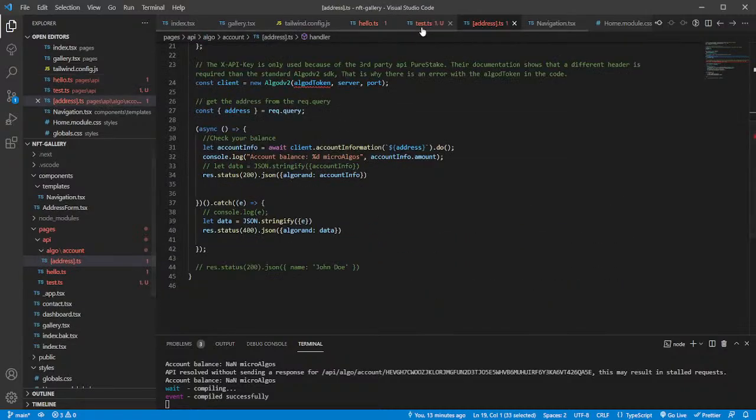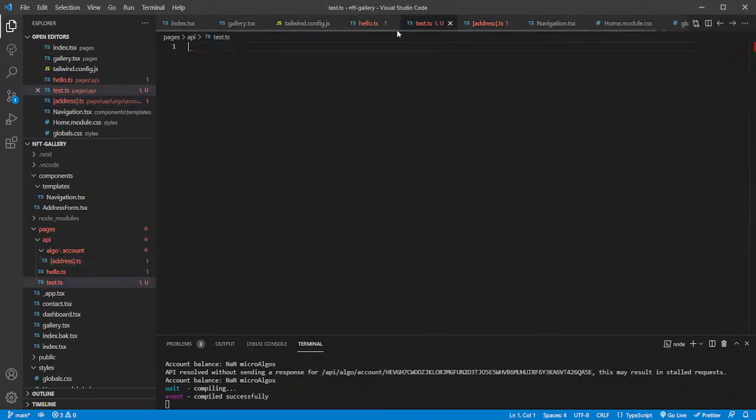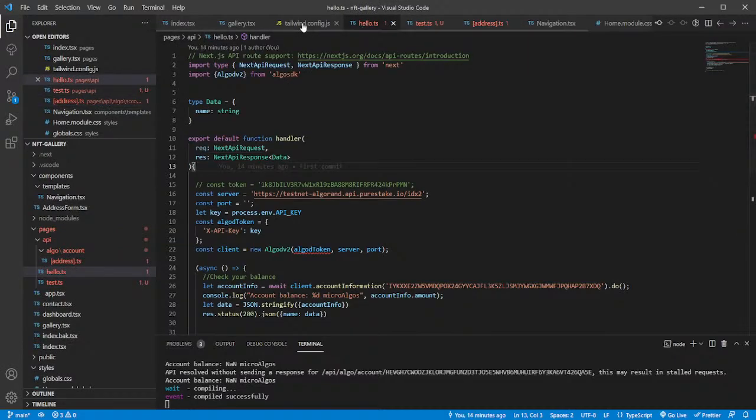I always have to make sure I can see what I'm doing here, because I also don't know Next very well. I know that this is bringing in the request and the response. This is part of the routing system right here. It even says Next route support. So I do believe I need to export this default function, which is the handler. Also, this is TypeScript, not JavaScript, so that's why it works differently than the code that we see in the